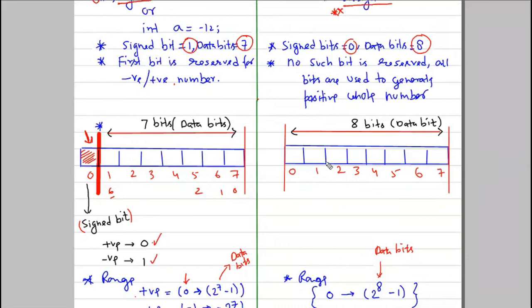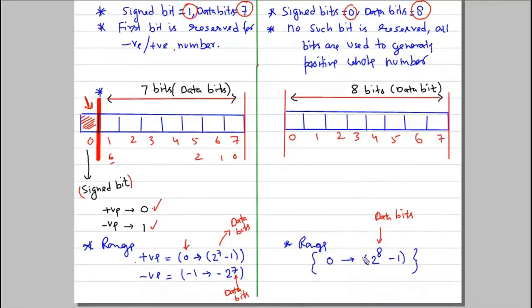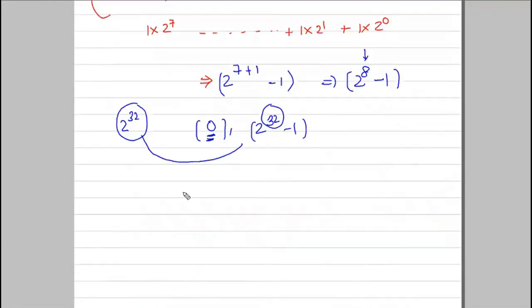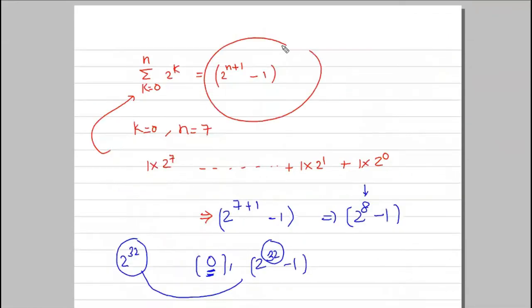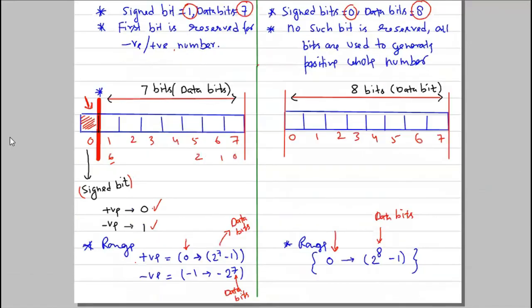Here, if we talk about the positive integer, there is no mechanism of 0 or 1 sign bit. So each and every bit we can use as a data bit. So the range would again start from 0. If I place 0 in each and every place, it would become 0. If I place 1 in each and every place, this would be the maximum limit. Why? It will return 2 to the power n plus 1 minus 1. The formula we have discussed over here. We are using this same formula again and again.